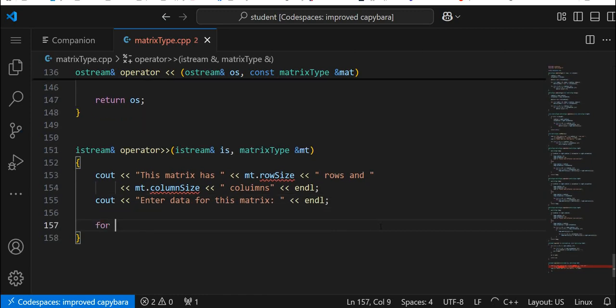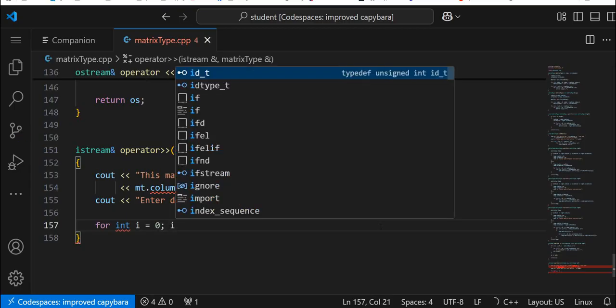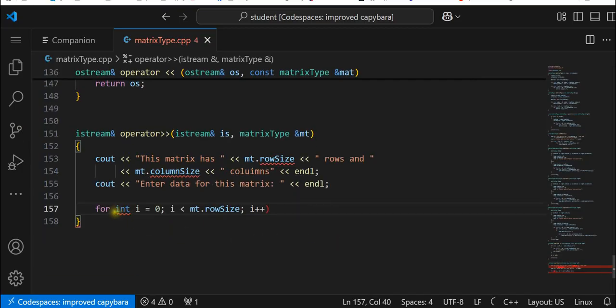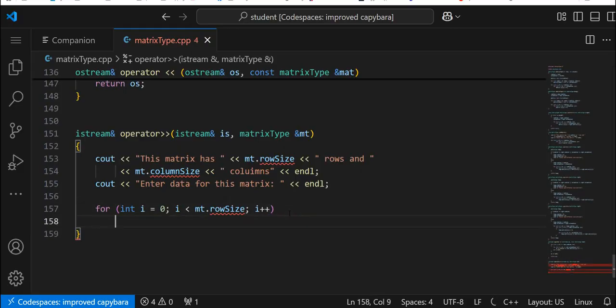And let's go for integer i equals 0, i is less than mt dot row size, i plus plus, and then I left out my brackets. Yeah, when I have those errors, it bothers me, messes up my concentration. But nevertheless,